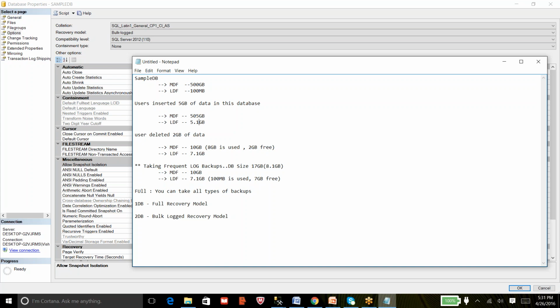So now tell me, in this scenario, what would be the easy, quick way? If I take a complete full backup, then it is going to back up my MDF file as well as the LDF file. So in total, it will be 510 GB and it is going to take at least 3 to 4 hours